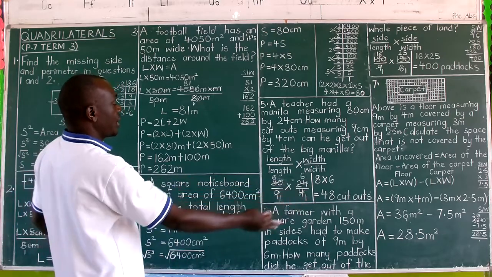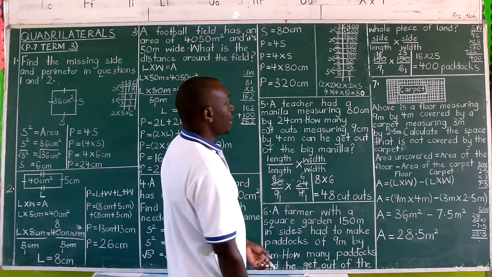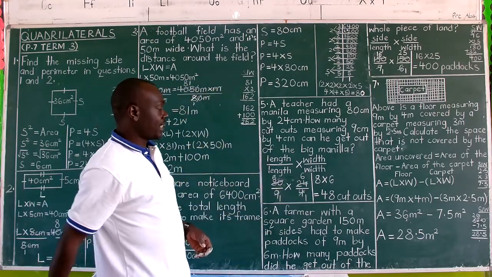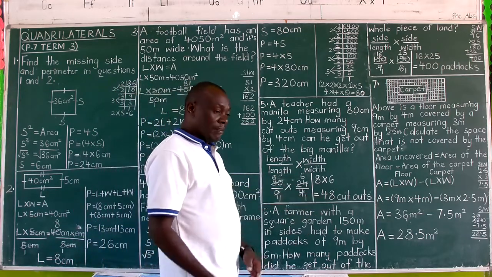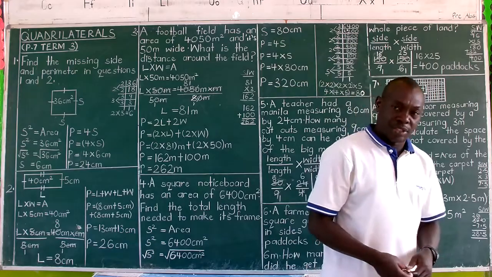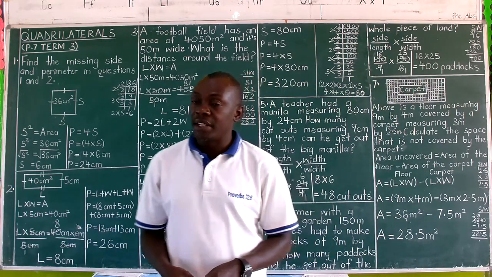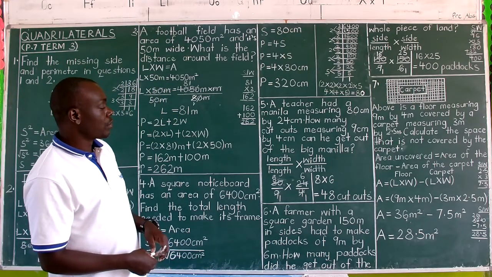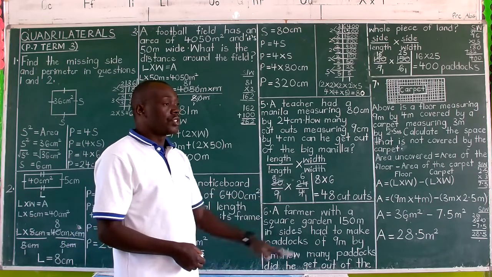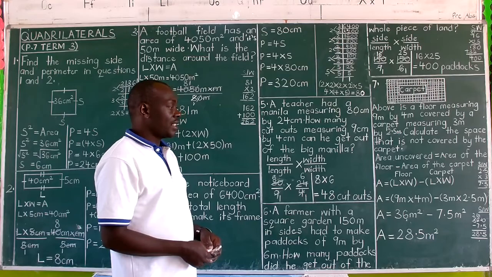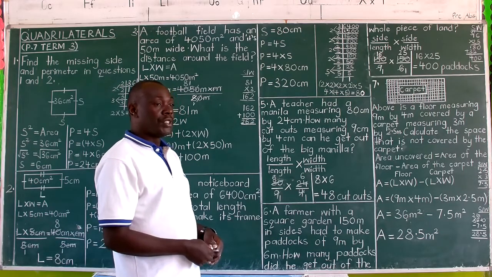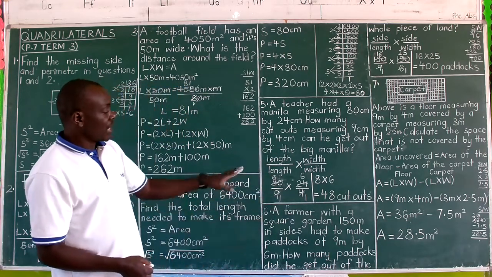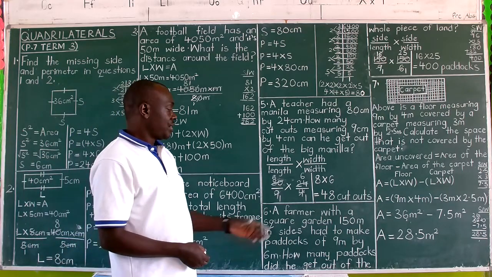So along the length, we shall have 8 cutouts. Then along the width, we shall have 24 divided by 4 and get 6. We shall have 6 cutouts. So multiply 8 by 6 and get 48 cutouts from that big manila card. Of course, some parts will be left, but they cannot make a full cutout. So that remainder is left out. Take the full rectangular cutouts that can be obtained from that rectangular manila card. So that is the formula, and it leads to